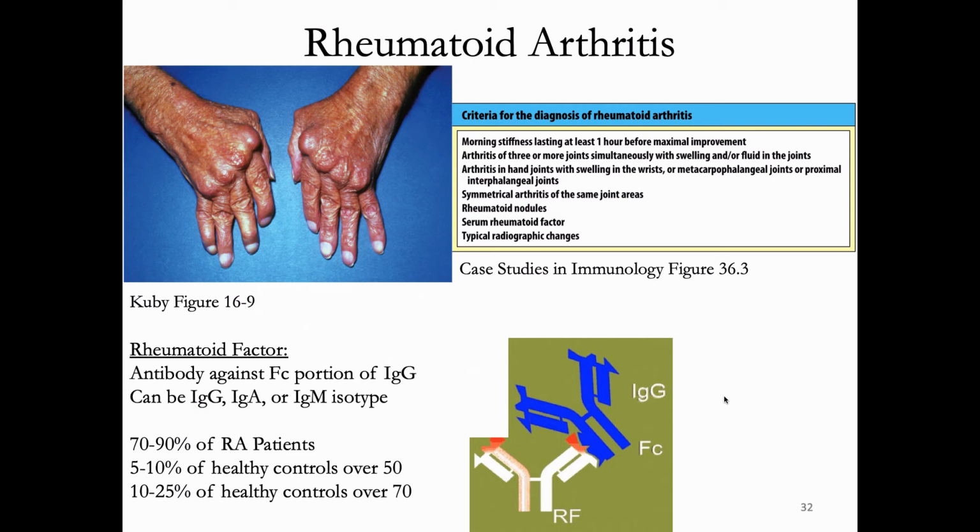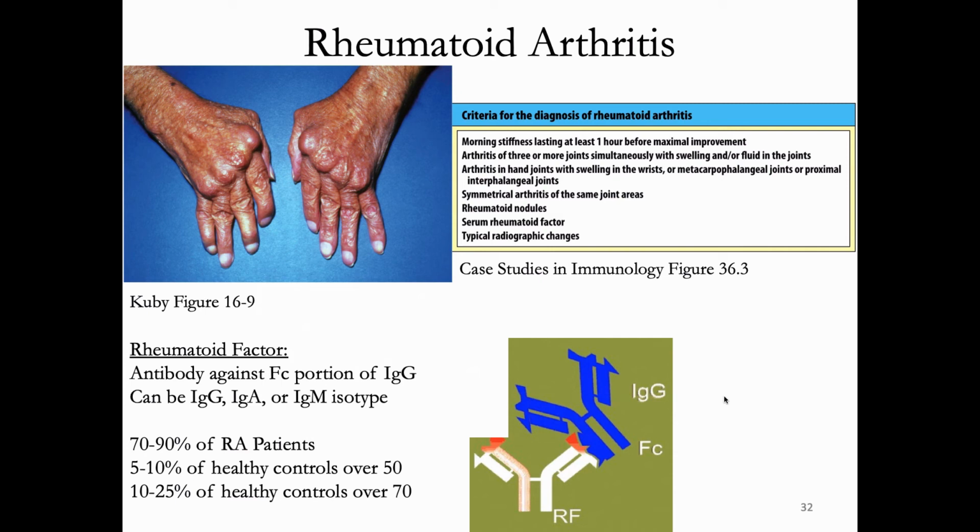Another of the very classic autoimmune diseases is rheumatoid arthritis, or RA. Rheumatoid arthritis has a few different specific symptoms. The criteria for diagnosis are shown on the upper right. So you can see that one of the things is morning joint stiffness, lasting for at least an hour before improvement, arthritis of multiple joints simultaneously,